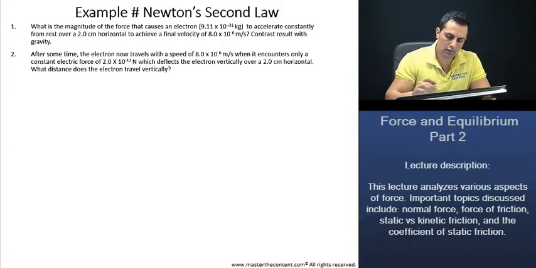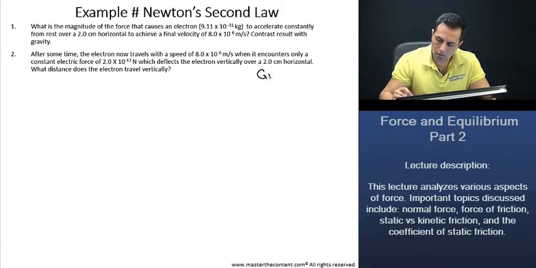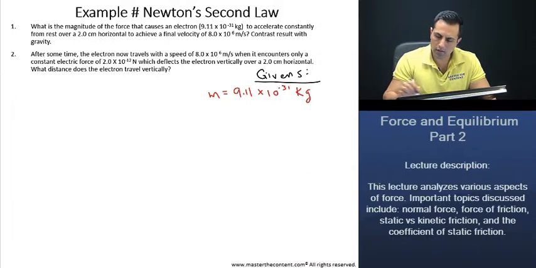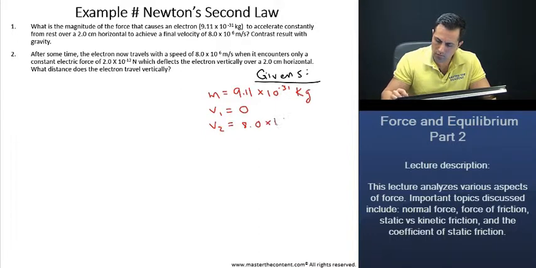Okay, great. Let's begin here by just writing down our givens. Here we have the mass of the electron, which is 9.11 times 10 to the power of negative 31 kg. We're also given to accelerate constantly from rest, so we know that V1 is 0. How about V2, our final velocity? Well, V2 is 8.0 times 10 to the power of 6